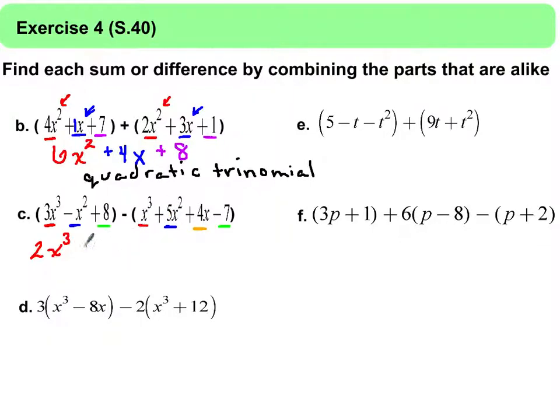So negative 1 minus 5 would give us a negative 6x squared. This is a minus 4x, so we'll write minus 4x. And then our like terms in green, 8 minus negative 7 give us a positive